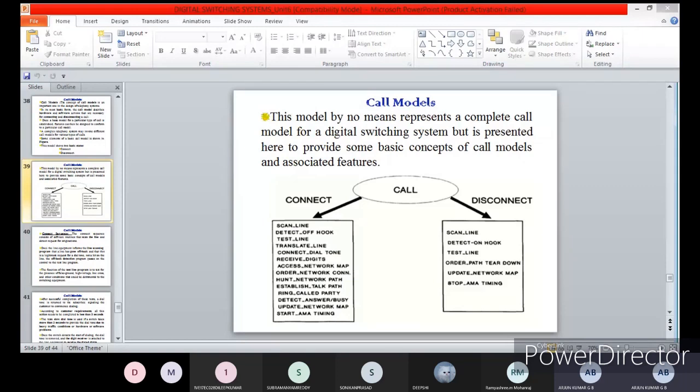See, for connecting and disconnecting, a number of hardware and software modules are involved. Please note this block diagram. Everyone should note the heading, the call module, and note this diagram. Any doubt regarding this? Any doubt?